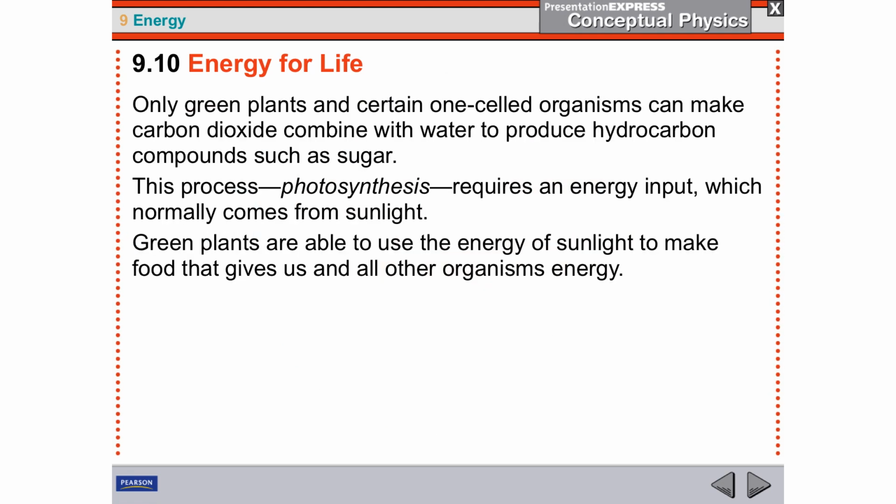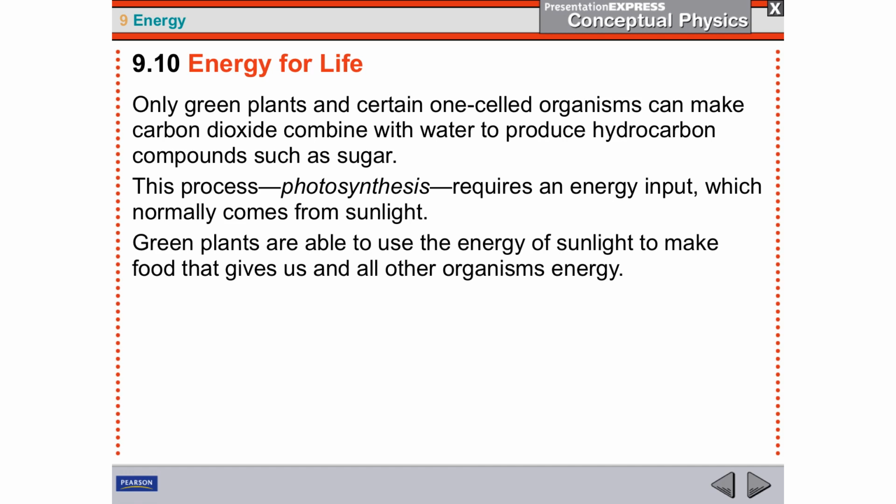Now, green plants do something exactly opposite. They take carbon dioxide and water. Now, if you remember those, that was what you make when you burn sugar in your body. You make carbon dioxide and water. Green plants take carbon dioxide and water in the presence of sunlight, which is a high energy, radiant form of energy, and the specialized organelles inside that plant cell are able to trap the sunlight's energy by taking the low energy molecules of water and carbon dioxide and turning them into a high energy molecule of